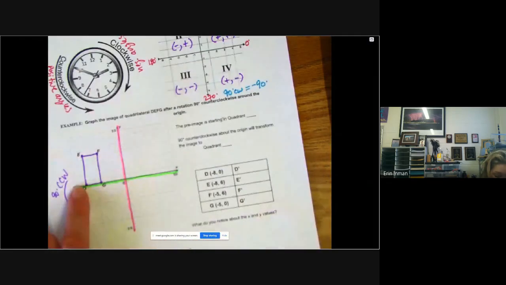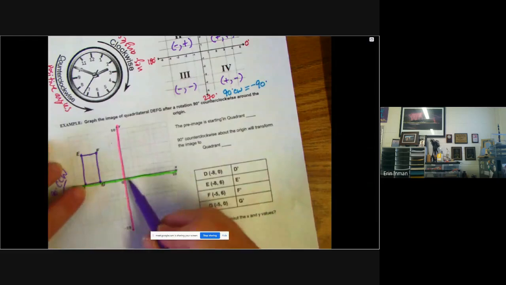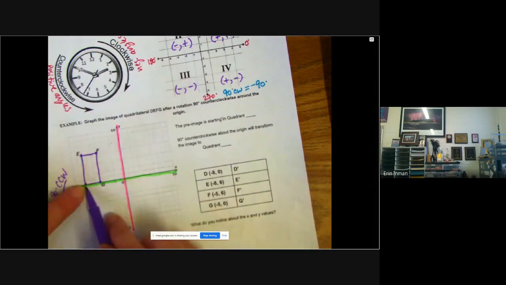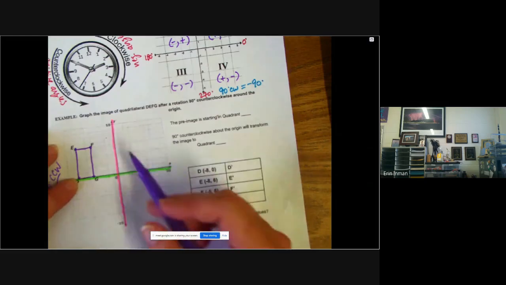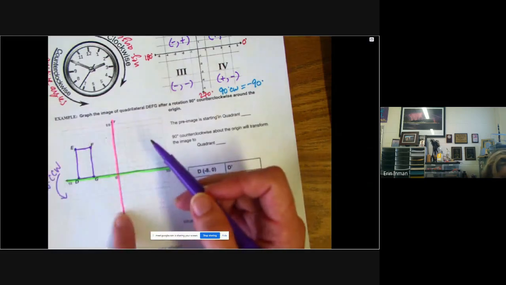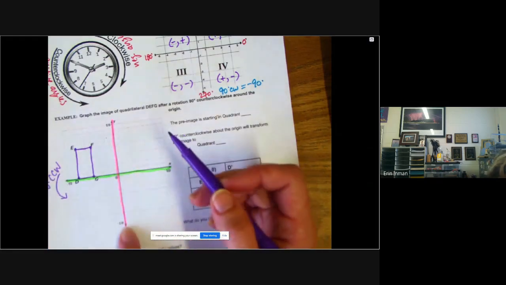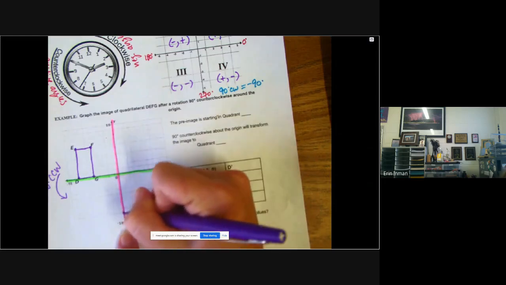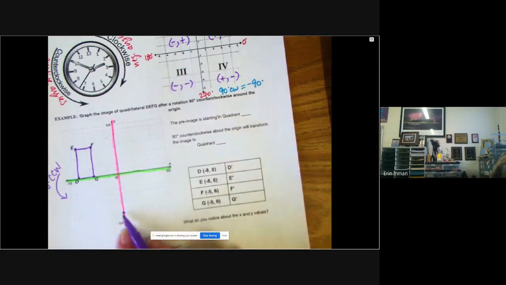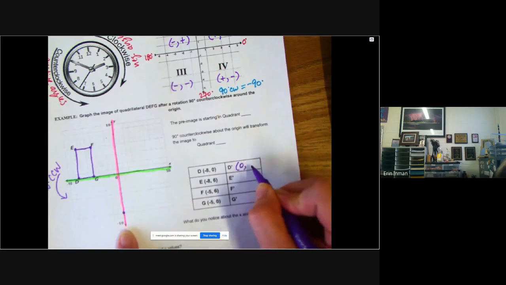Well, I know that this was -8, 0. It's on my x-axis. And so when I bring it down to quadrant 3, that's going to become this axis right here. So it's going to be -8, 0. But really, that is, when I turn it back,